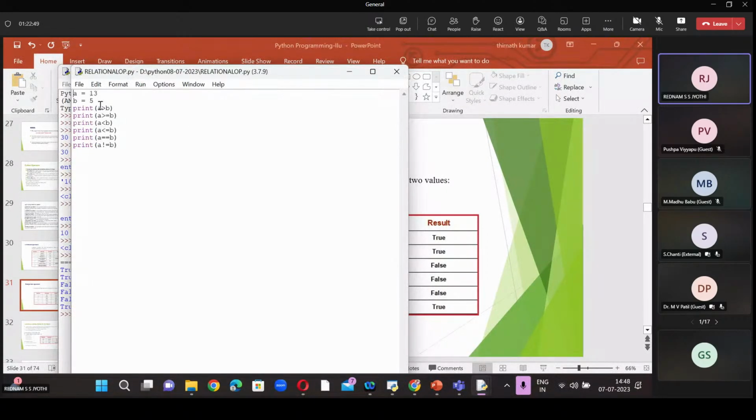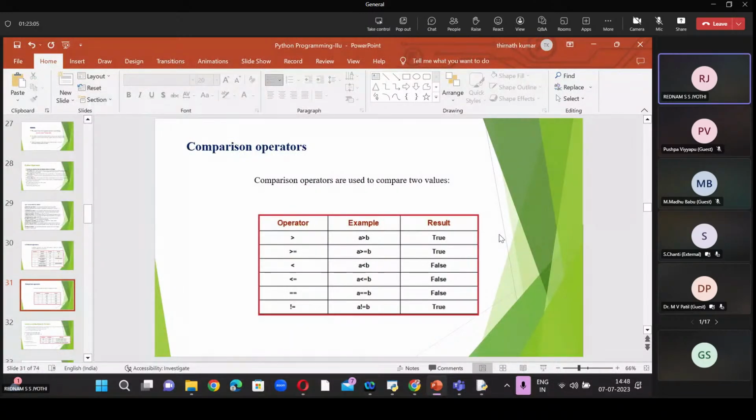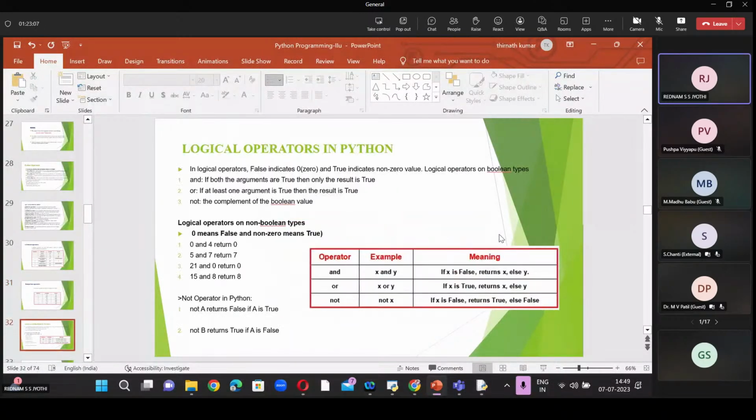Print a is greater than b. 13 is greater than 5, yes. So the output of this statement is the true value. Next, a is greater than equal to b, yes, that is also true. And a is less than b, 13 is less than 5, no, so it results in a false value. Like that, we will execute all comparison operators and logical operators in Python.